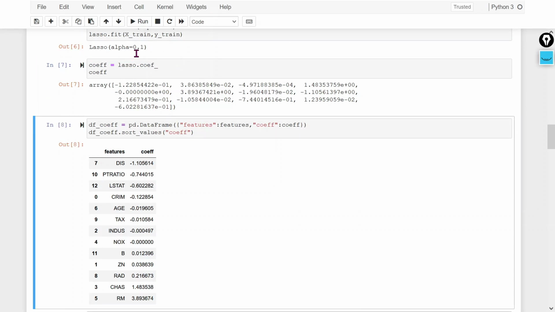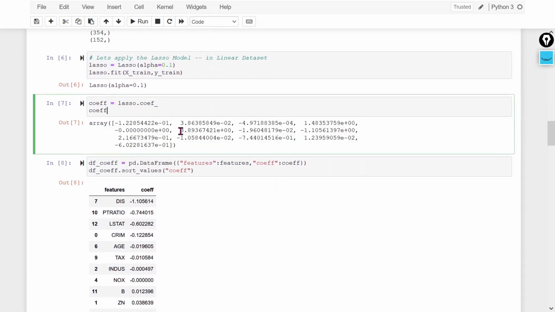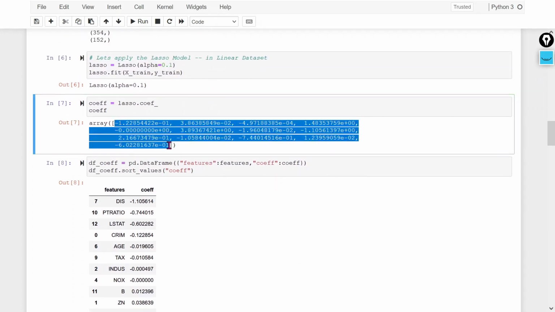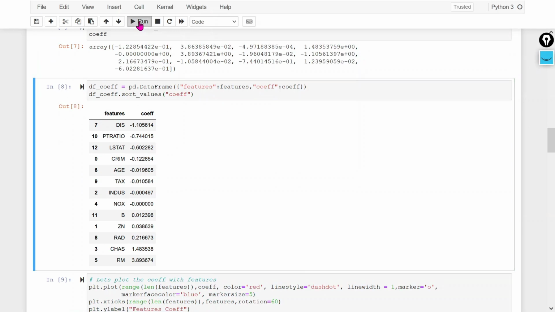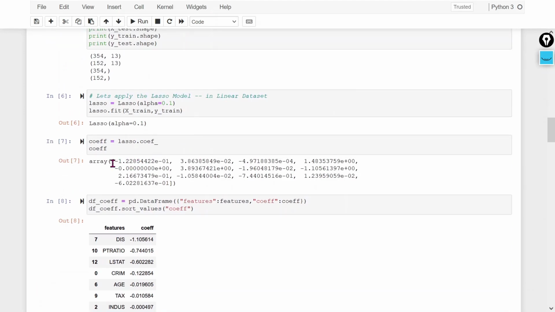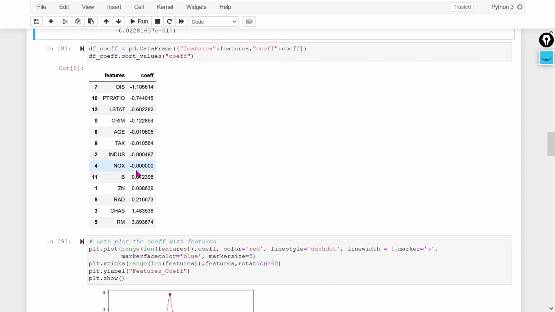Now if you see the coefficients, right, our model has been trained. Now there should be some coefficients which should be 0 if those have less significance in the prediction. So let's check. For that I am creating a data frame corresponding to the variables of this particular coefficient. So by using this we can visualize easily. If you see here, for this nitrogen oxide, the coefficient is 0 for this particular feature.